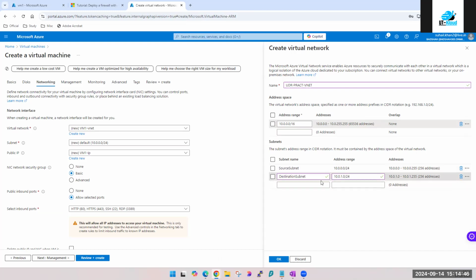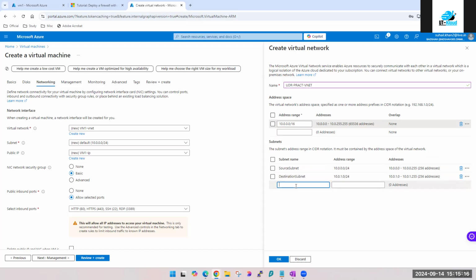Look at this. Here I'm using a /24 CIDR, which gives me 256 addresses. If I use 256 addresses, then from 10.0.0.0 to 10.0.0.255, it counts 0 and also 255, that's why the total addresses are 256. So this range I have already utilized. So I cannot go ahead with 256. There is no such number in IPv4 address. It ends with 255. Hence I have to go to this one.